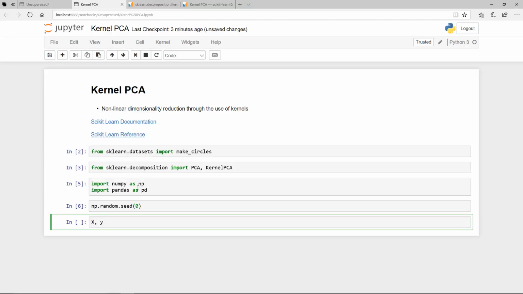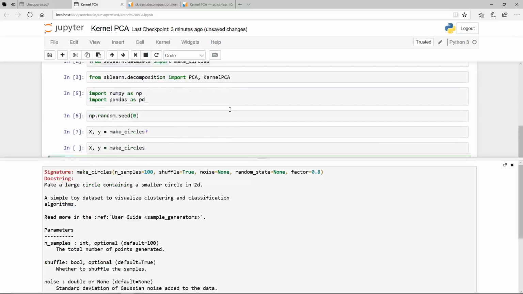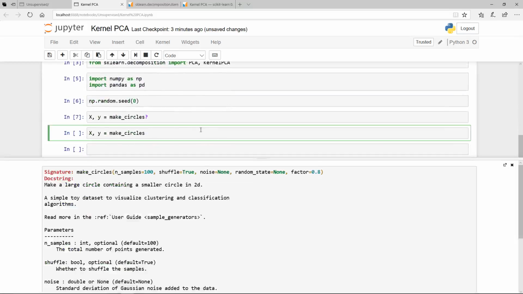The next thing is we're going to generate X and y, and this is where make_circles comes in. Before I run off doing that, let me just run the documentation. This is making a large circle containing a small circle in 2D. So it's basically a toy dataset to visualize clustering as well as classification. One of the parameters you need to put in is the number of samples. Instead of 100, I'm going to make it a little denser at 400. And the factor is